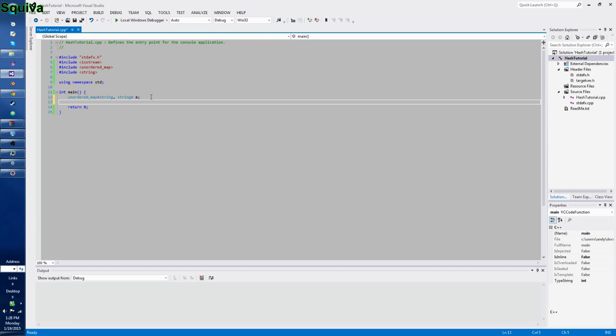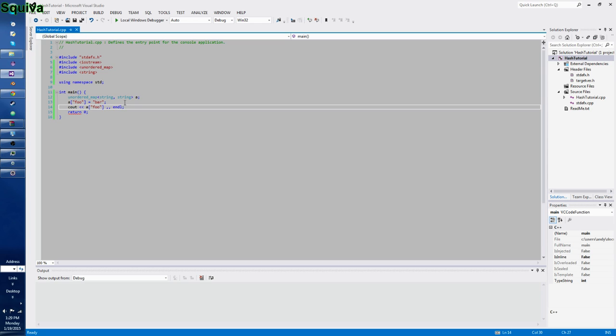And here we can just say a of foo is equal to bar, which is basically saying if you find the keyword foo, so if you call a with the keyword of foo, you will return bar. So if we have cout a of foo,